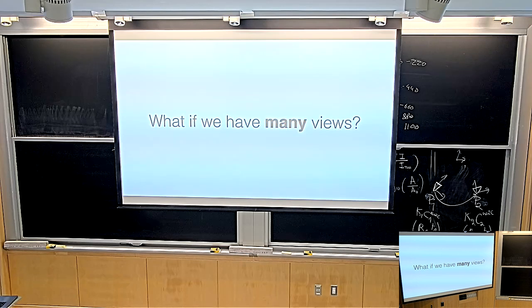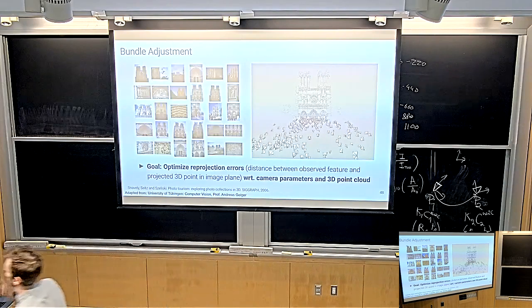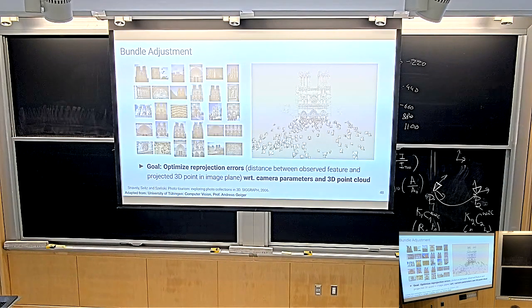Think about, for instance, you want to sell your apartment. And to sell your apartment, you want to reconstruct a 3D walkthrough of your apartment. How are you going to do that? You're going to get your phone and wave it around. In reality, you pay someone to do that. But in principle, today there's an app, actually, where you can wave your phone around and then they reconstruct it. So this is what bundle adjustment was originally motivated by. I already showed you this picture. This is phototourism, and this is exactly what this paper did.